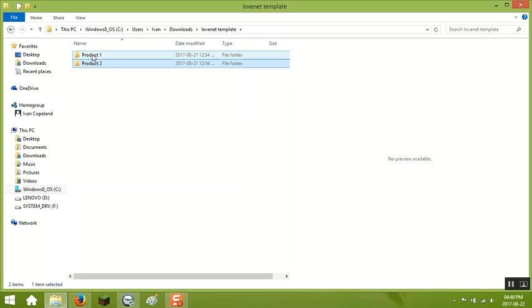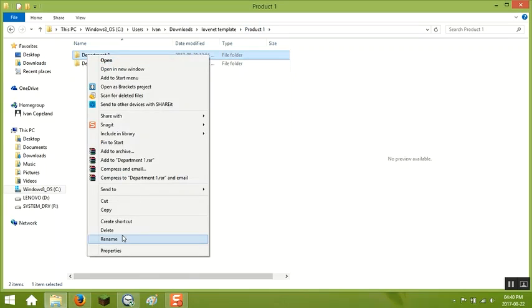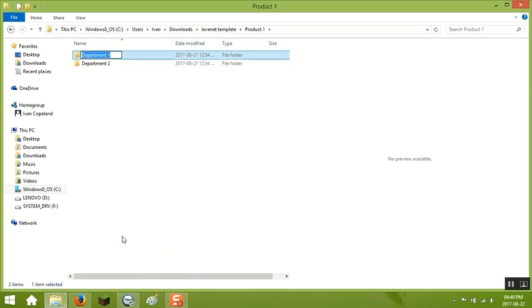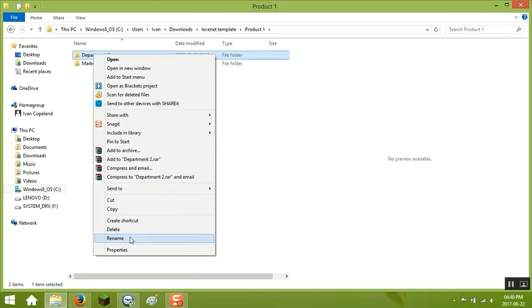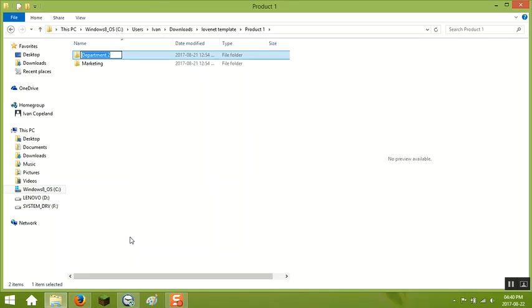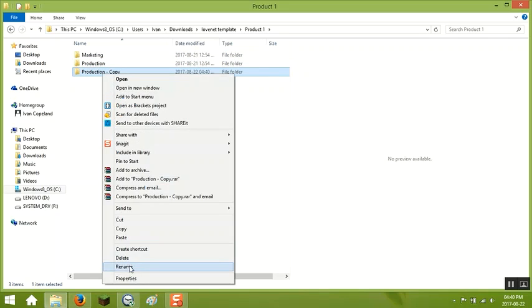So anything now here. Okay, so first of all, as you go into a product, you see now you have departments. As you go in there, you have the resources as text files. So first thing I'm going to do is change this around a little bit. I'm going to rename this to, instead of department 1, I'll change it to marketing. This one I'll change to production. And then I'm going to copy one and paste it in, and then call this one